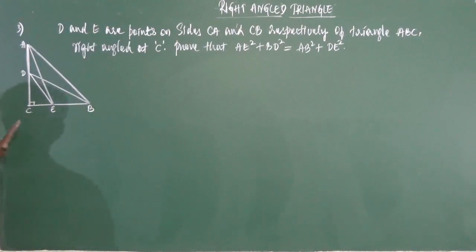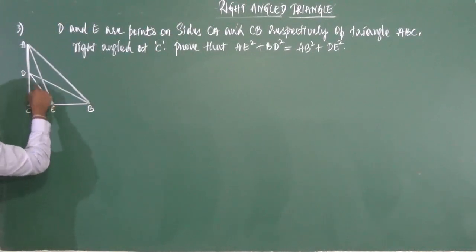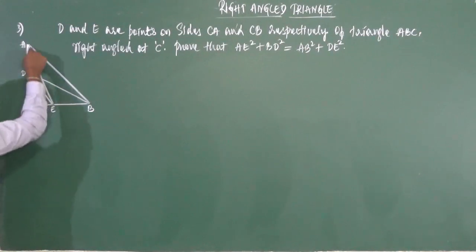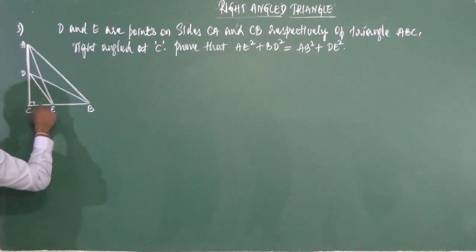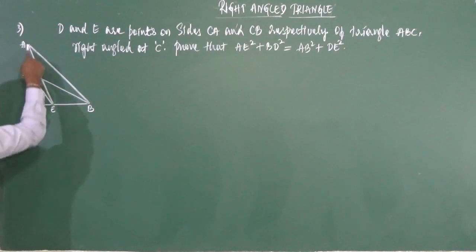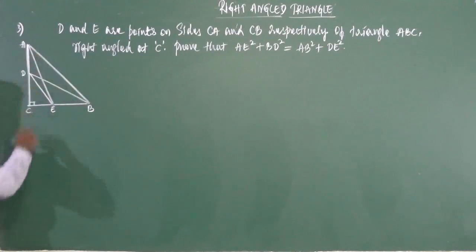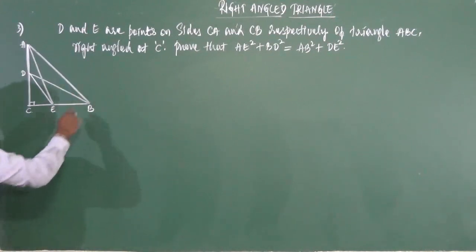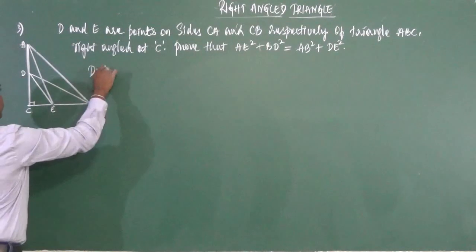So here we have 4 right angle triangles. One is triangle DCE, which is one of the right angle triangles. ACE is another right angle triangle. DCB is another right angle triangle. ABC is another right angle triangle. So we have 4 right angle triangles. You have to look at the figure very carefully. Right. So let us get into the data.